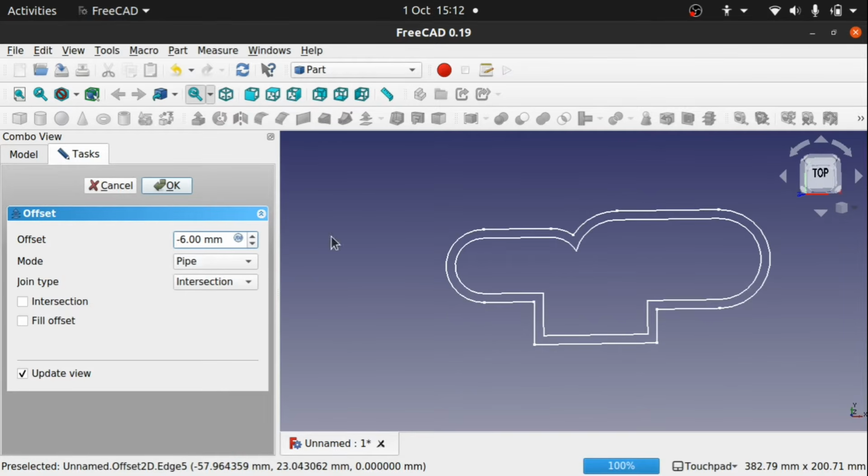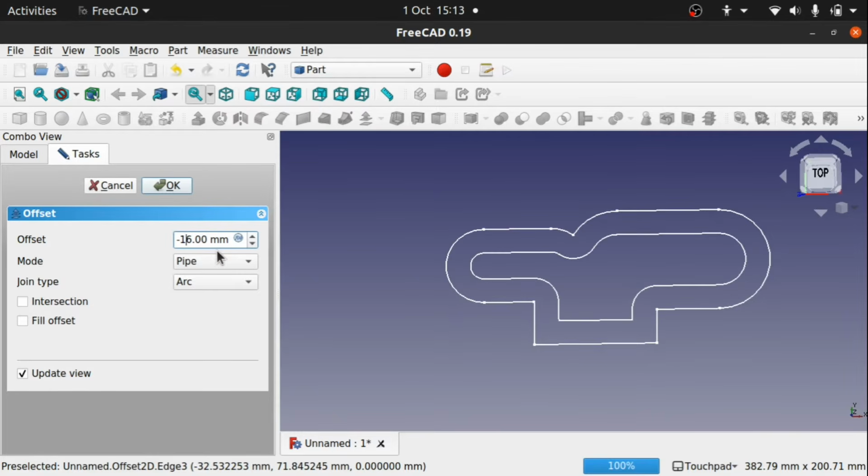If we do -6, send this inwards, you can see the intersection working here. They are growing to meet. And if we send it to tangent, well, they're touching anyway. Arc, it's just rounded that off there. You can see where that's rounded that off. But if we do this too far, then we start to get breaks. So for instance, if I did 16,